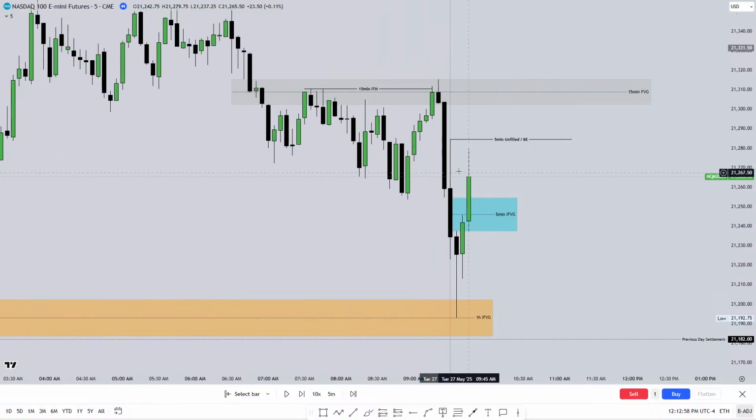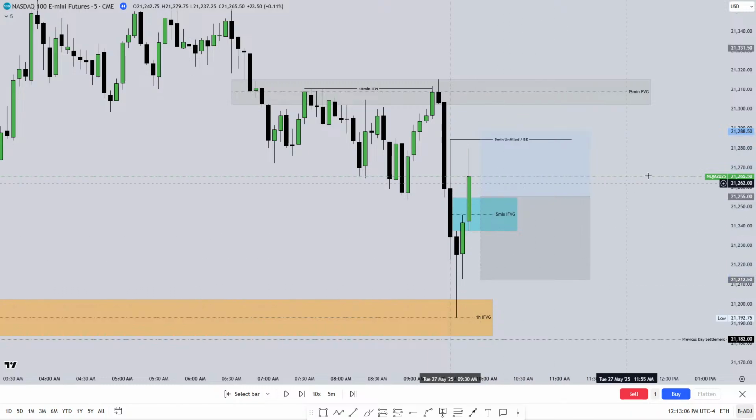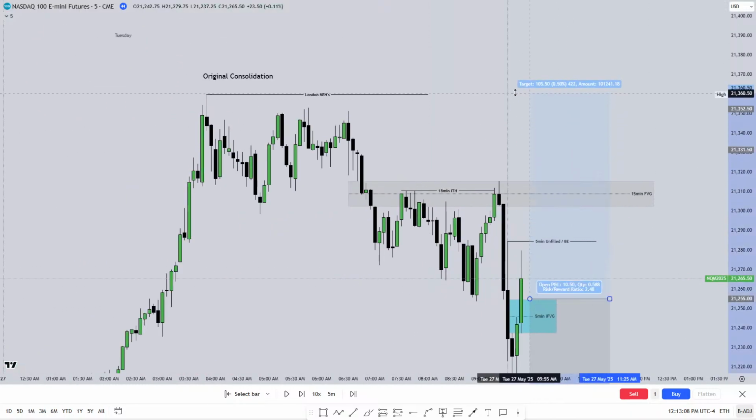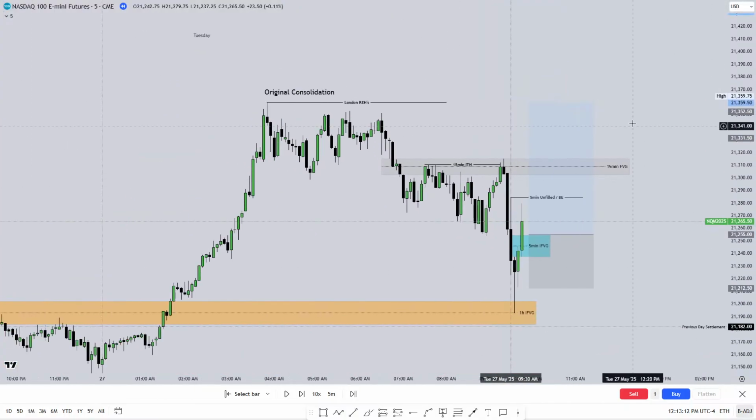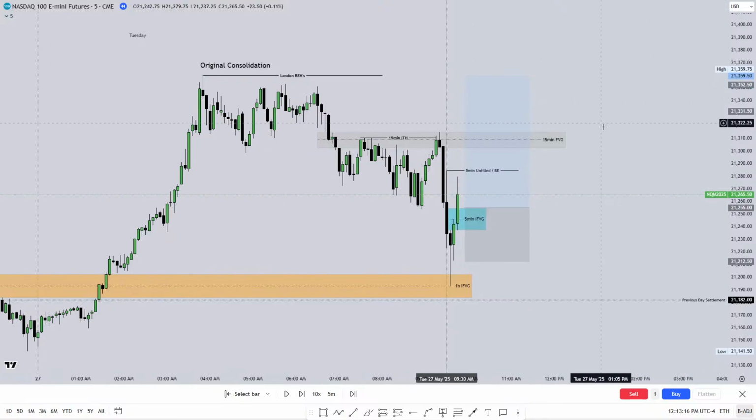And you can do one of two things. You can either enter off of the close, which is what I'll do if the risk to reward is good, or you can set a limit right here at the imbalance and then target your liquidity, right? And now if you start to see, this is beginning to look like a market maker buy model. And you want to see within a market maker buy model,